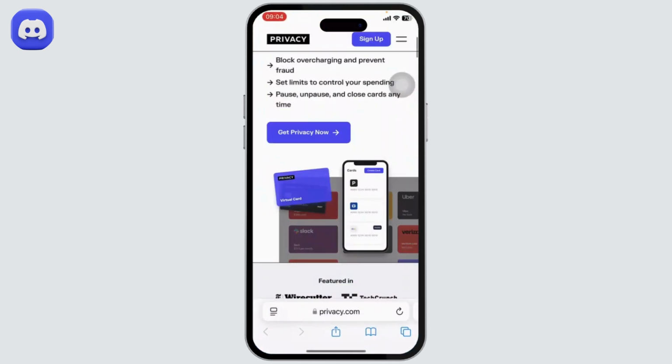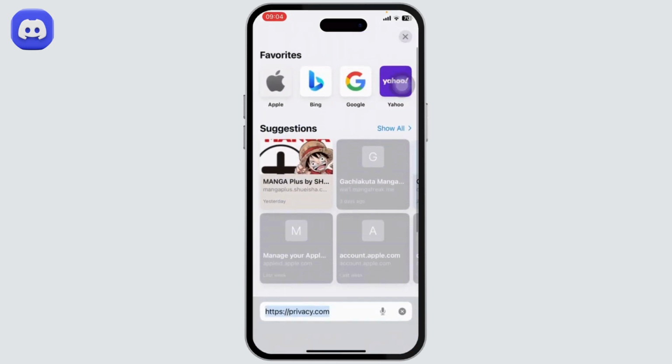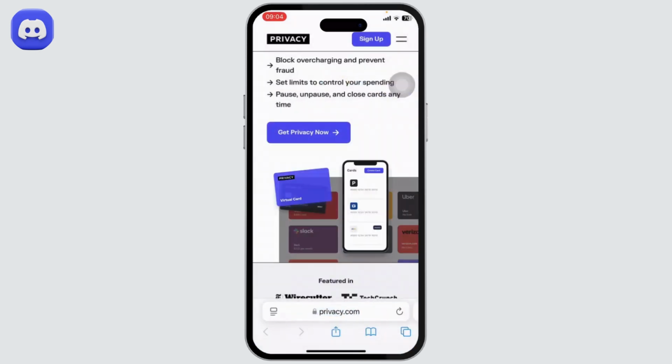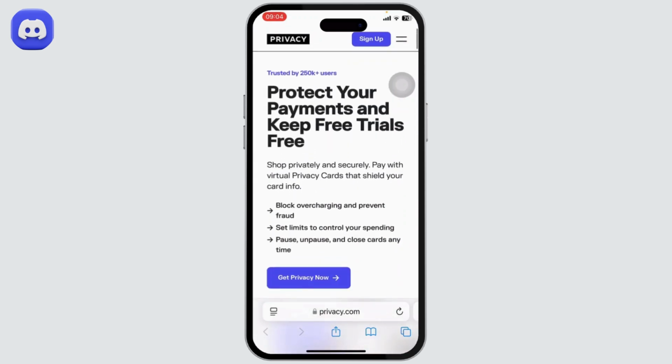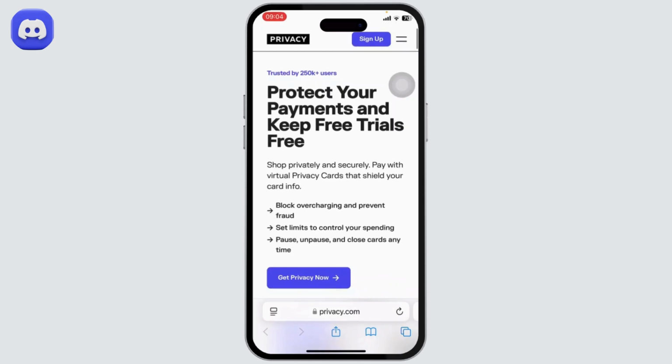And after you open it up, the first resource is privacy.com. Simply head over to privacy.com, and after you're there, all you need to do is sign in with their account. Now, just create an account and you will be getting a free credit card for your Discord Nitro. Now, this is a really cool and easy process. You can simply head over to this website, tap on the sign up button on the top right corner, and